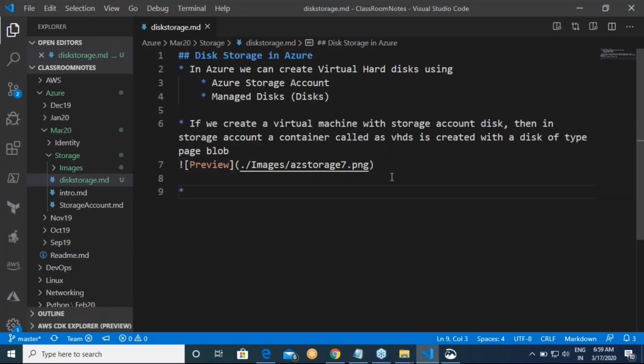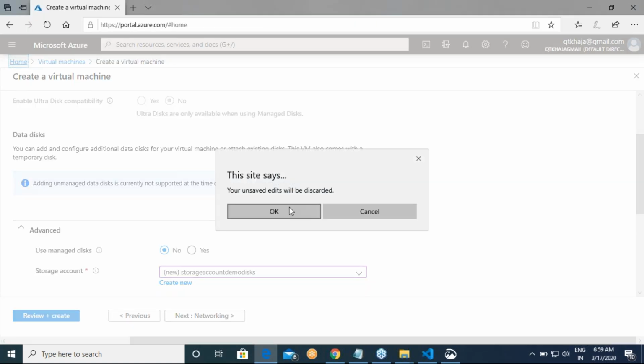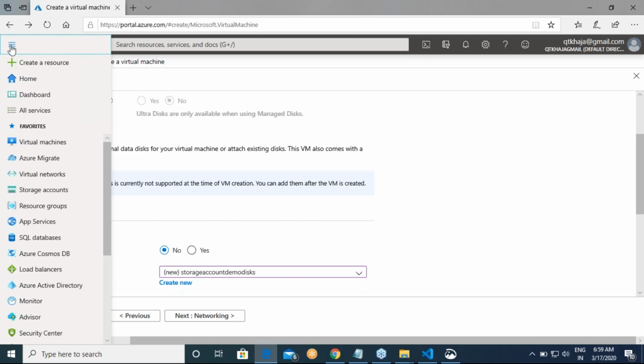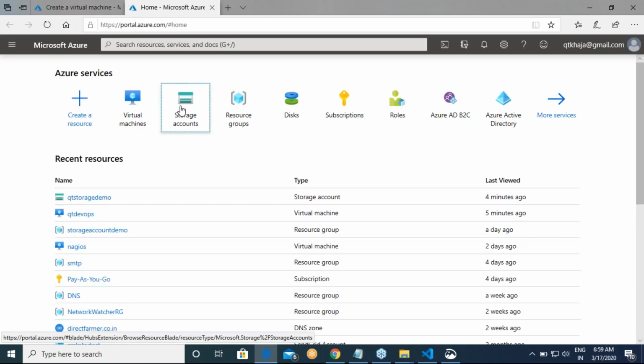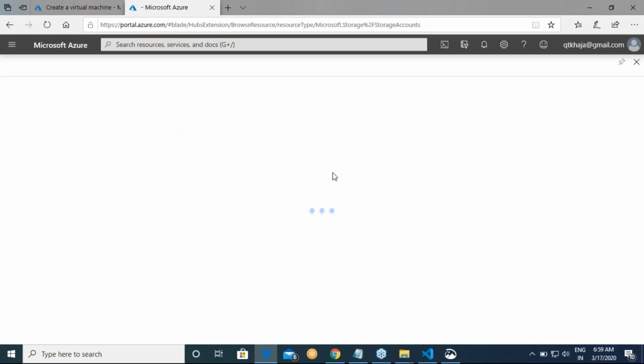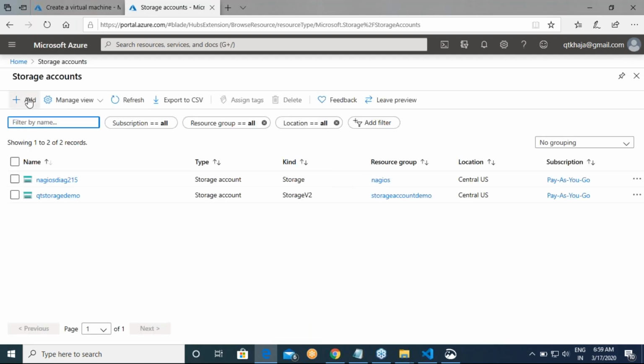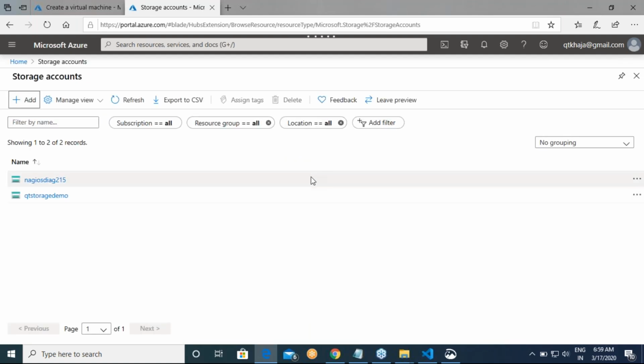Understand this thing. Remember yesterday there was something while you create a storage account. Let me go to storage accounts, and then I would say that I want to create a new storage account.